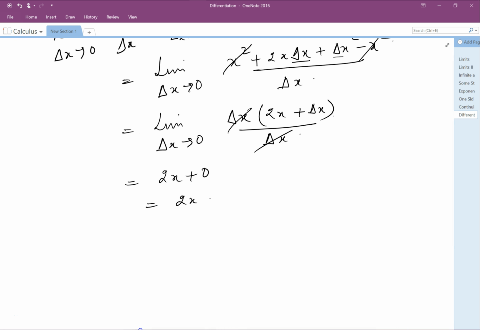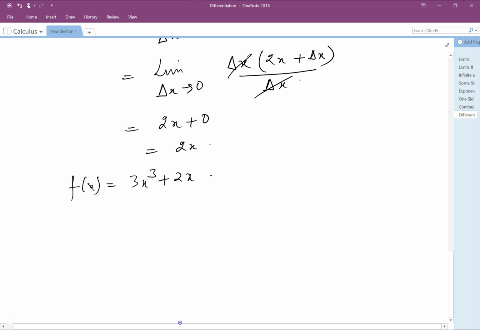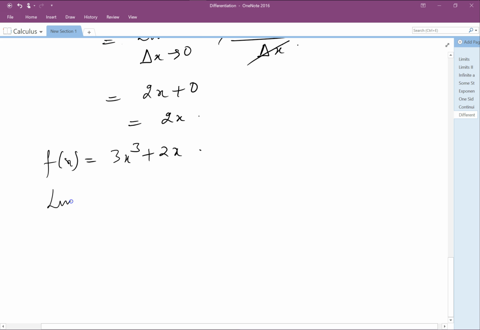Let's take a cubic expression now. f of x equal to 3x cube plus 2x. Let's really make it a little bit complicated. Limit as delta x approaches 0, delta y by delta x is equal to limit as delta x approaches 0. Now wherever you have x, you have to substitute it with x plus delta x. So 3 times (x plus delta x) cube plus 2 times